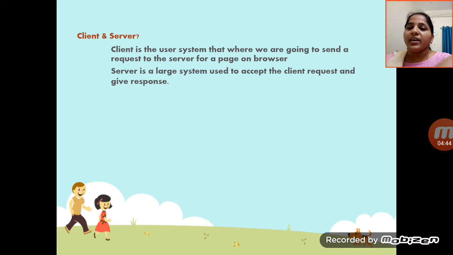The server is a large system used to accept the client request and give a response. Whenever we search for information, it gives the response. The client is the user, and the server gives the information.